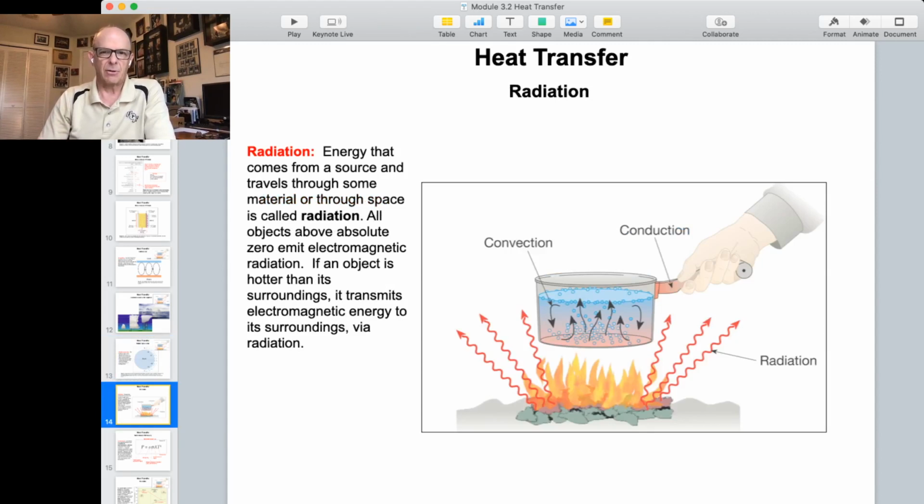Another example of convection is just boiling water. So put a pot of water or soup on the stove. You heat the bottom of the pan by conduction, unless it's a radiative stove. So the stove is in contact with the bottom of the pan, it heats it by conduction. Then the pan is in contact with the water at the bottom of the pan, so that's heating it